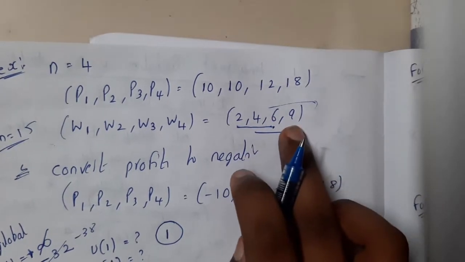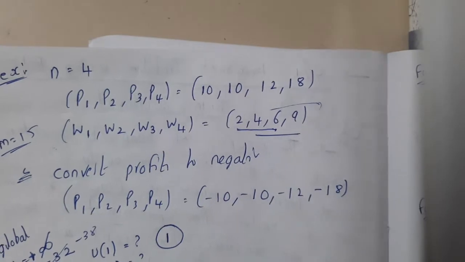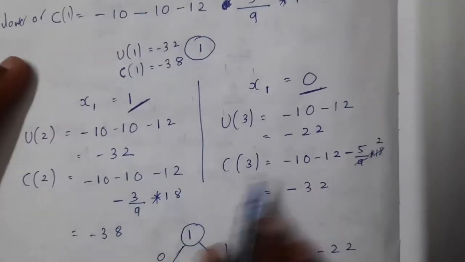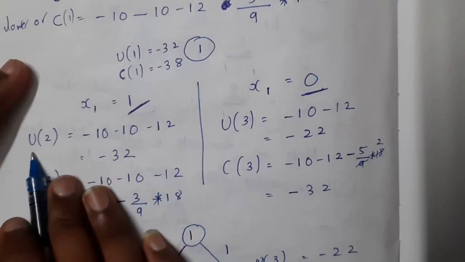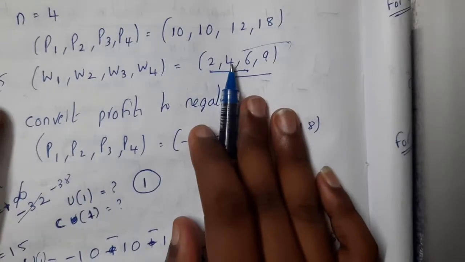Whereas in the second, if you are not selecting it, you can select 3 items if you are selecting for cost, or 2 items if you are selecting for upper bound. Okay, so this is what I was just talking about, guys. If you are calculating the upper bound, you will not take fractions. So indirectly you need a maximum weight of 15.